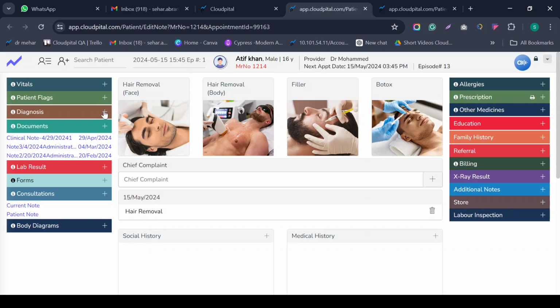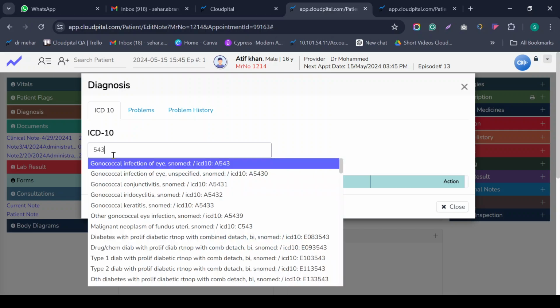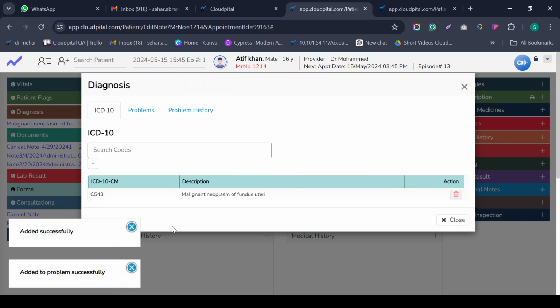I also need to add the diagnosis. Just click on diagnosis and the ICD-10 codes will be shown. You just need to write the three-digit code, and the system will show the complete drop-down list of ICD-10 codes which we have in our system. You just need to click on any of the ICD-10 code diseases according to the patient's needs. If you don't find your specific ICD code, there is also a big plus point in our system: you can click plus and add it on the front of your screen as well.